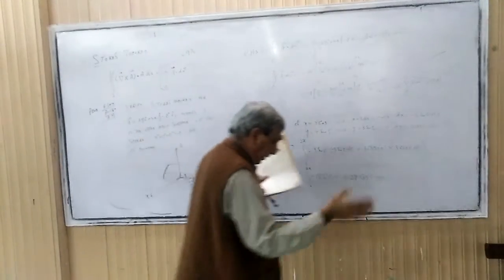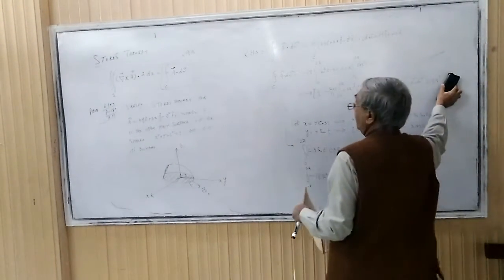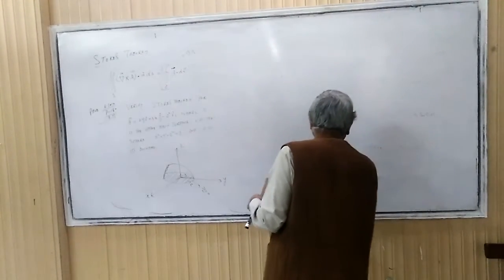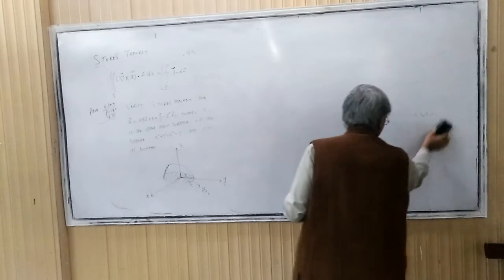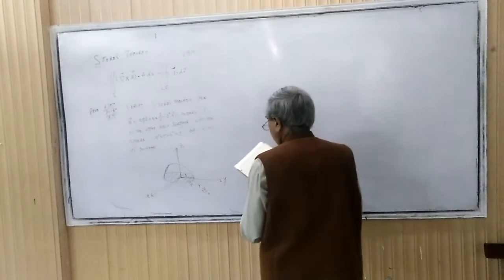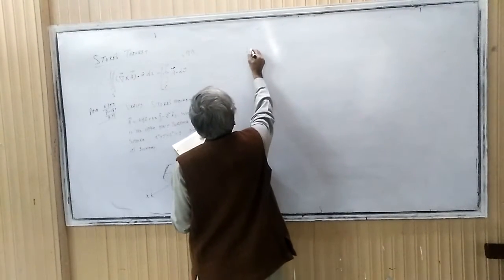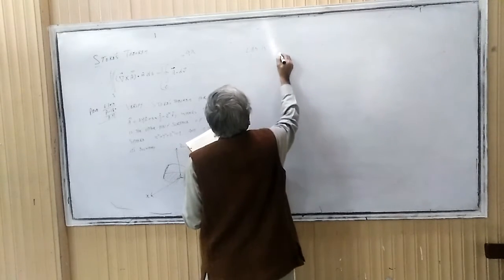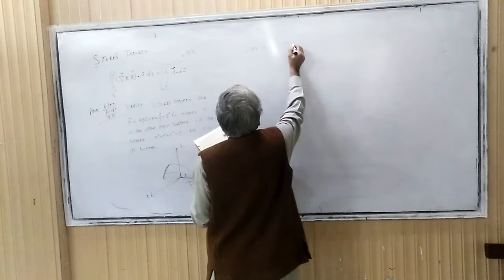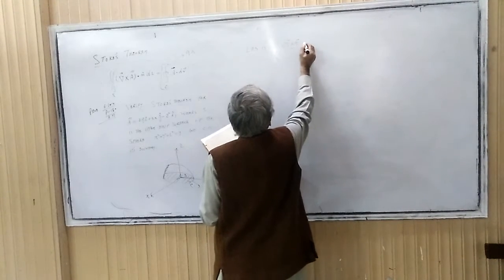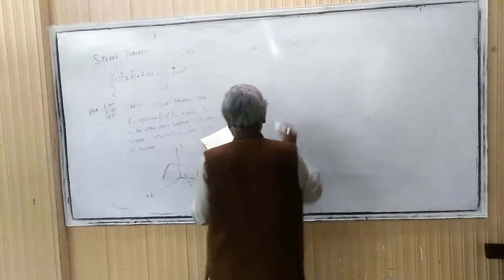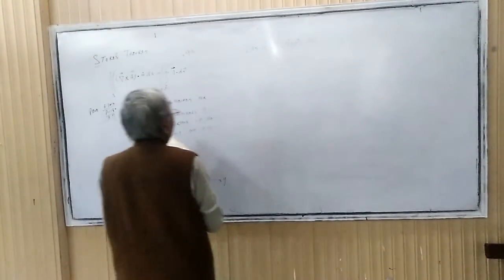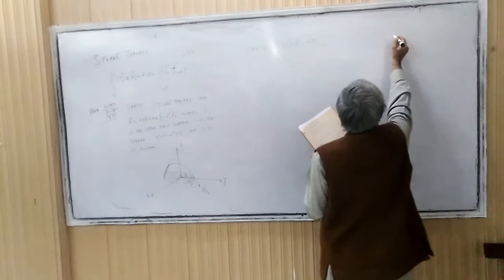Now let's calculate the second portion, that is the left hand side. If you look at the left hand side, it is the surface integral of del cross A dot n ds. So you will calculate this now. First thing is to calculate del cross A. So del cross A is equal to